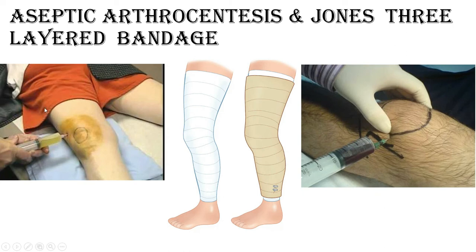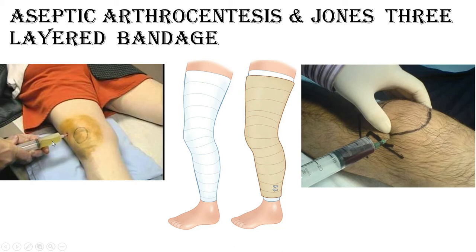Now, if there is any knee effusion and it prevents flexion and it can cause pain, restriction of the movement, you can go for aseptic arthrocentesis. That means you have to do dressing and draping, use gloves and a proper method. At the outer lateral aspect of the patellar dome, you can put a wide bore needle, 18 gauge, then you can draw with a 50-60 cc syringe, or you can do it ultrasonography guided, but in your day-to-day practice you can do it very easily. In a traumatic case you can see the blood, or in a non-traumatic case you can see the straw-like fluid.